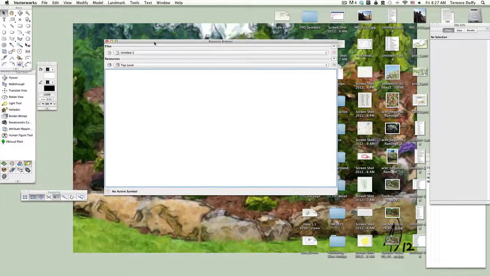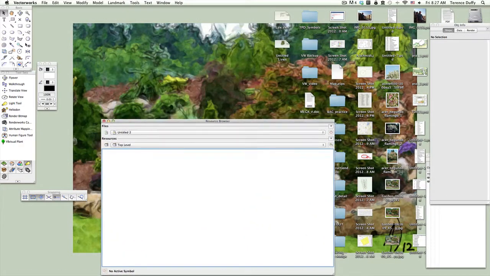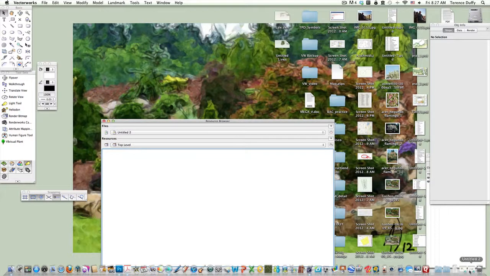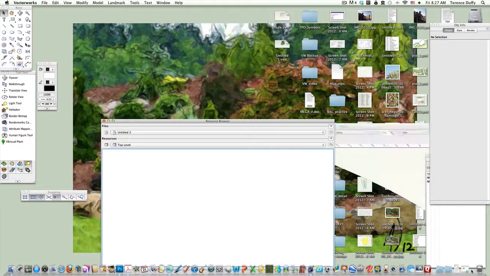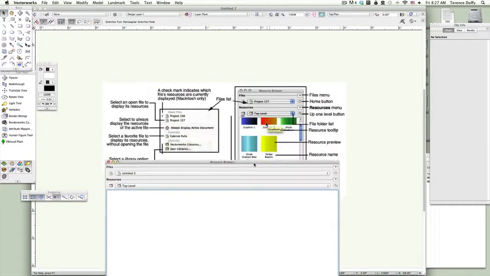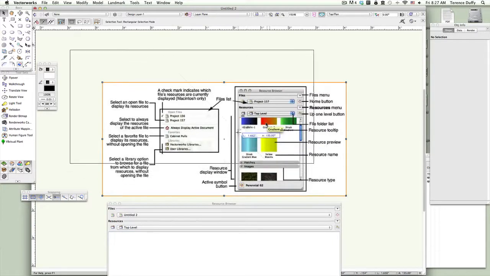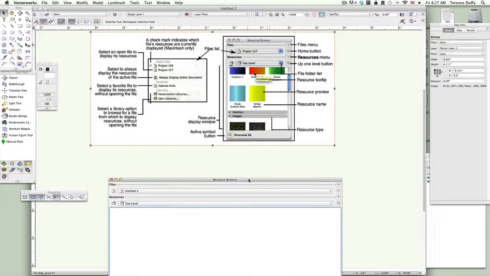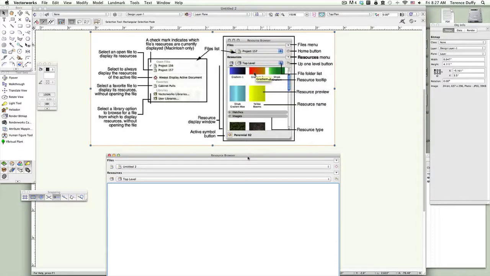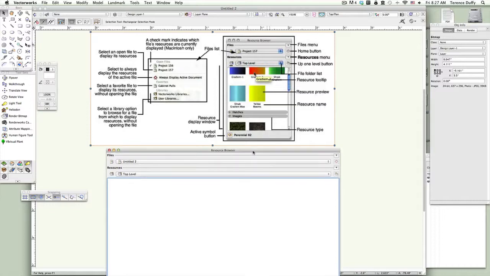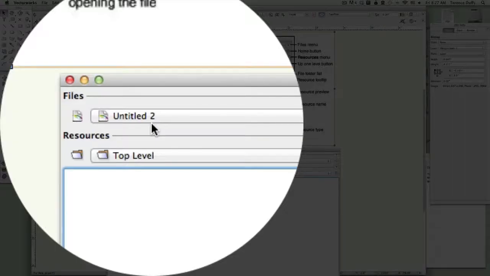So, what are the different components to this palette? I'm going to bring it up here, but if you don't quite get this, if you go to the Vectorworks help and look up resource browser, you'll see this. This is in there, and it couldn't be any simpler than looking at this. So let's go through these items one by one. This drop-down menu right here, which has Untitled 2 here, that is the file that you're looking for